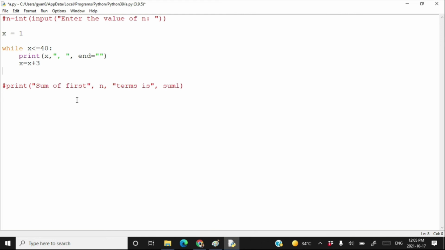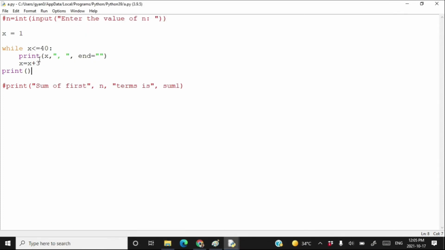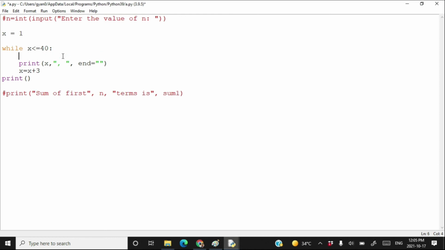After coming out of the while loop, just print without any argument. Save it, run module, and here we are. We are printing up to 40. There is an extra comma coming at the end. So you can skip this comma by using an if else condition. You can write here, if x double equals 40, then you just print it without comma.